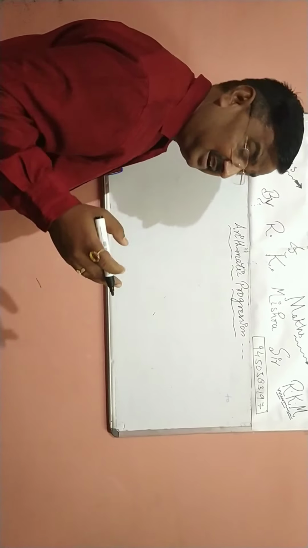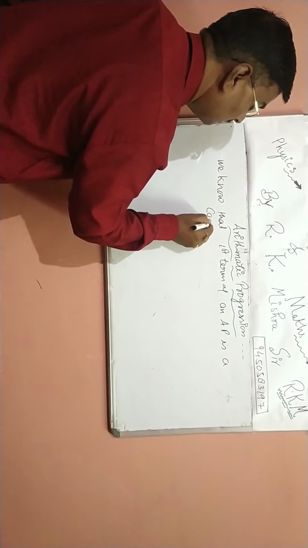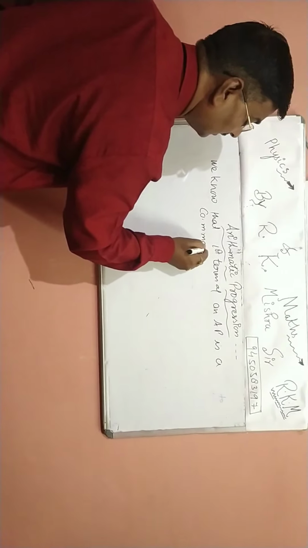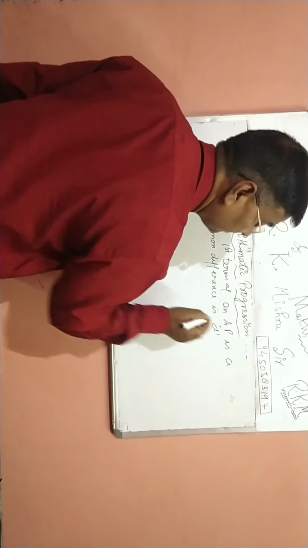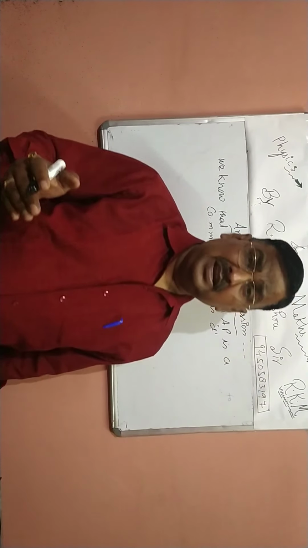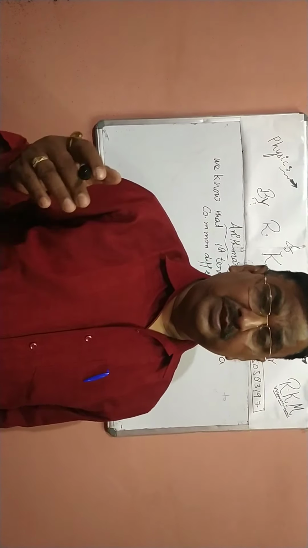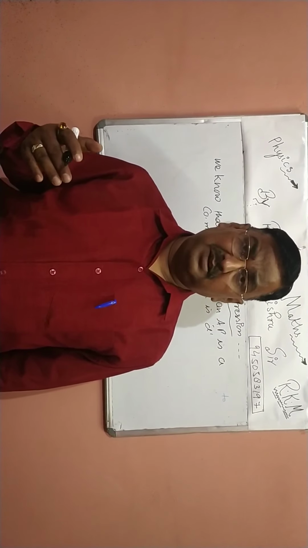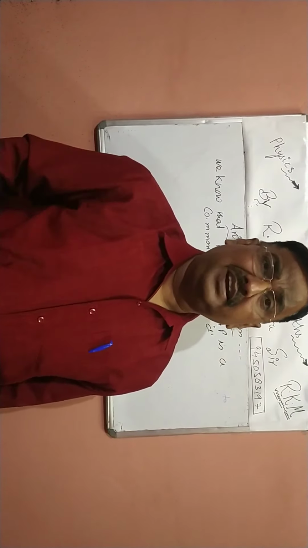We know that the first term of an AP is A, the common difference is D. According to the definition of AP, it is a list of numbers in which we obtain the numbers by adding a fixed number to the previous number, and the starting number can be any number that is denoted by A. So the first term